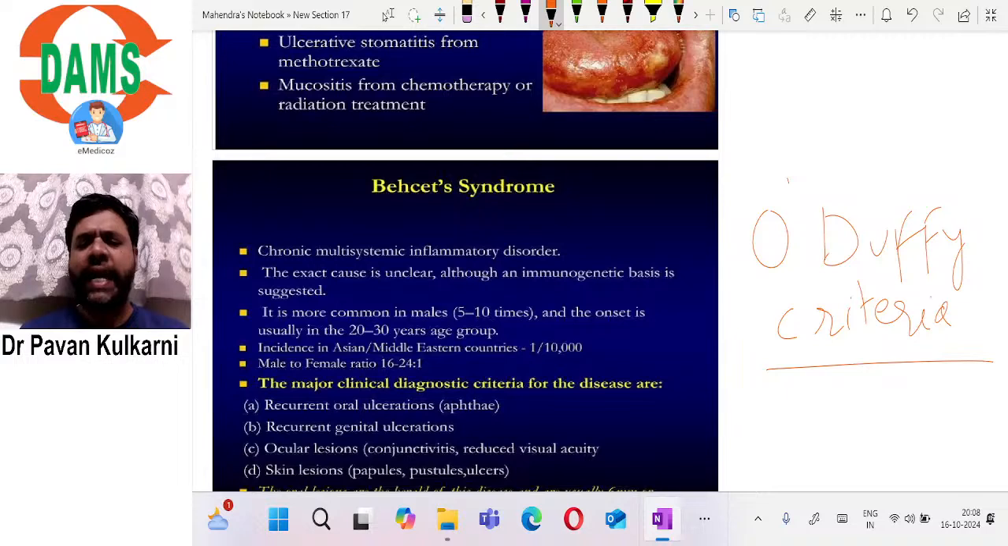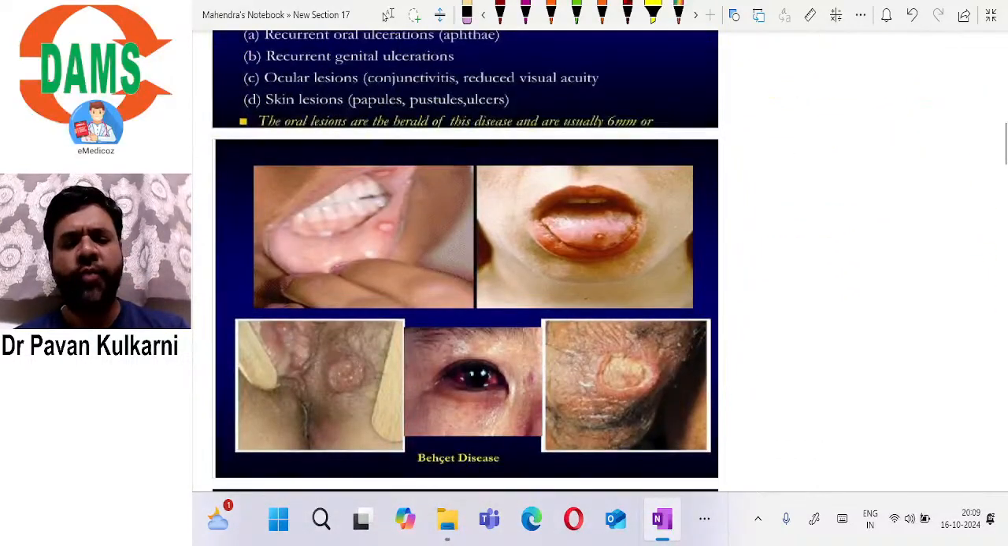According to this criteria, 100% of the cases of this O. Duffy criteria, which is mainly for Behçet syndrome diagnosis, will show recurrent aphthous ulcers. There are other manifestations, of course. Genital ulcers will be seen, conjunctivitis will be seen, skin lesions are seen. All those are there, but very important for us to remember is 100% of the cases of Behçet syndrome